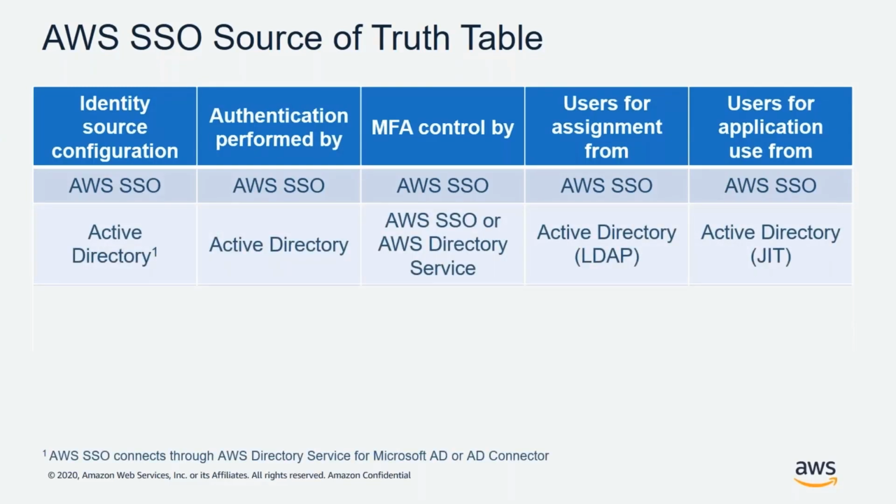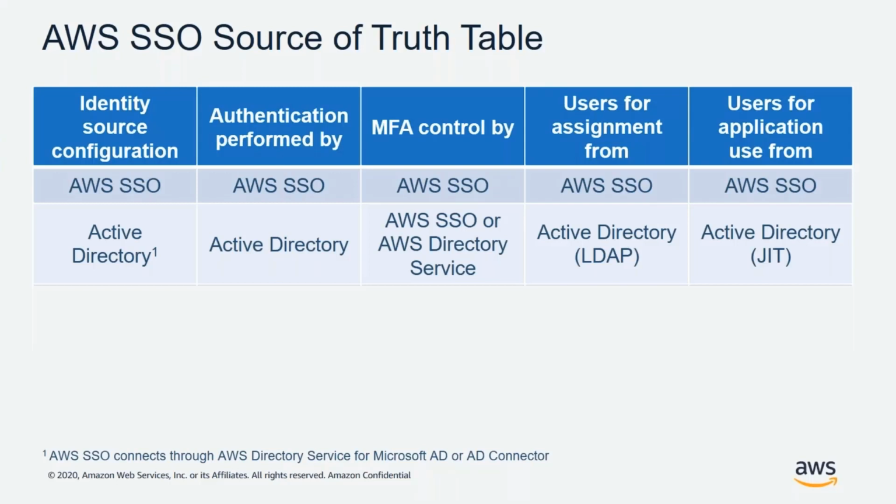When you use Active Directory as an identity source, AWS SSO authenticates users using Active Directory, and you control MFA in AWS SSO or in AWS Directory Service. Active Directory is the source of users and groups used in permission set and application assignments. AD is also the source of user metadata used by AWS SSO integrated applications, and it gets synchronized in only